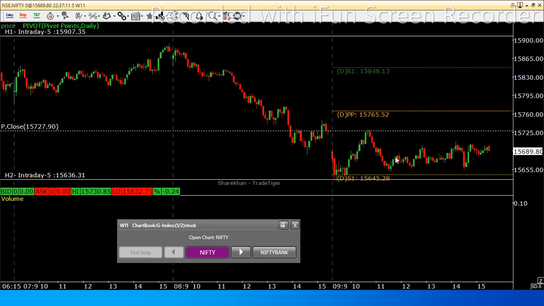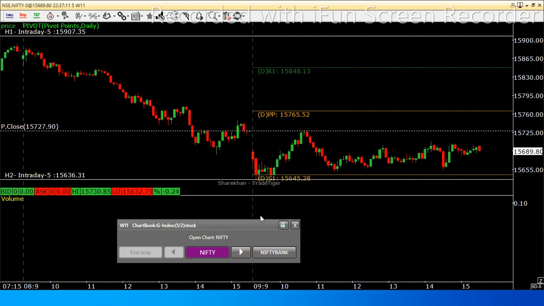That is also a major point for you to remember and understand. If you remember that, you can trade easily during the day, and generally it trades between that zone only. So this is the understanding of the Nifty, and how during the day you can use the pivot point and trade very effectively, using the previous days' highs and lows. That is very, very important. So whenever you trade this way, you have to remember the previous day's high and low and all these points. So this is all about the Nifty. We'll see in the next